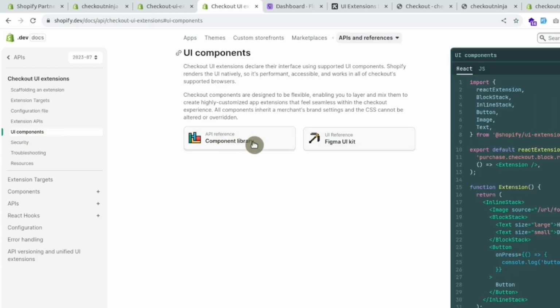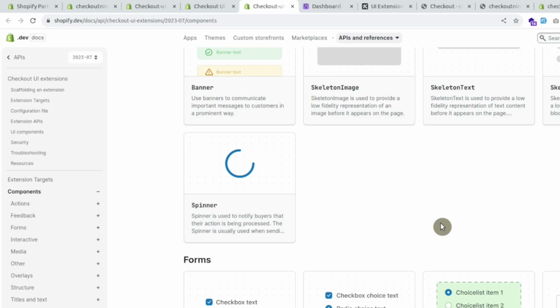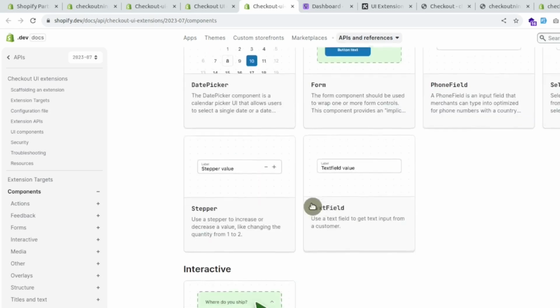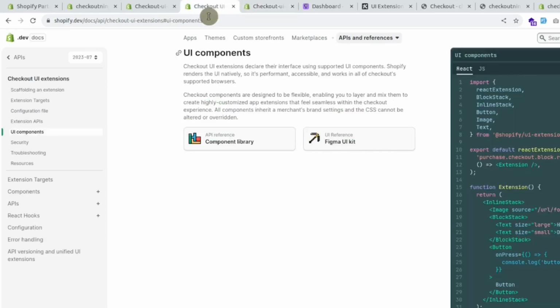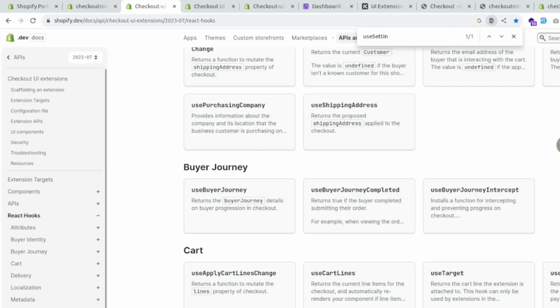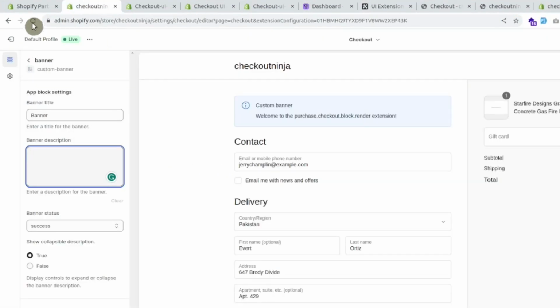If we go to the component library, here we can see all the components that we are allowed to use in the extensions. We can only use these components. We cannot use any of the other HTML components in the extensions. Now we can see we are able to use these settings in the extension. So let's go to the admin panel, refresh the page,